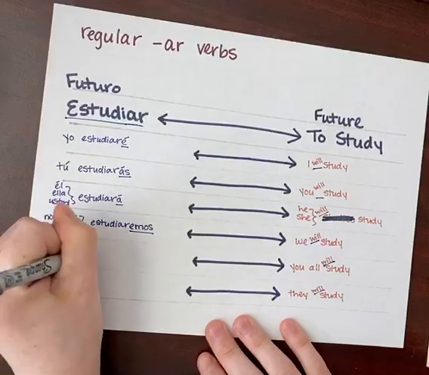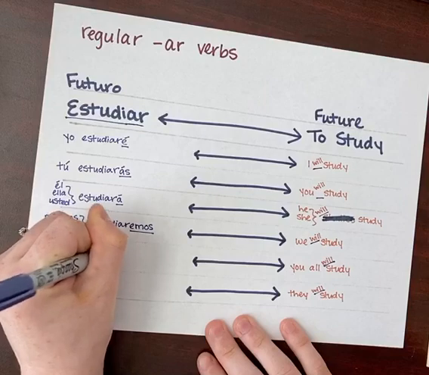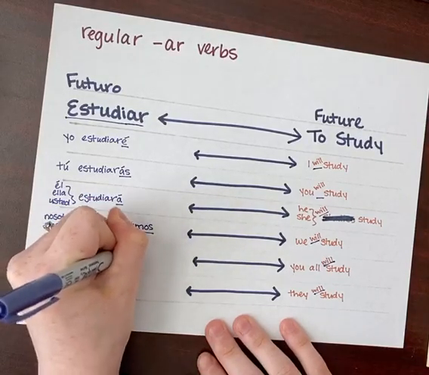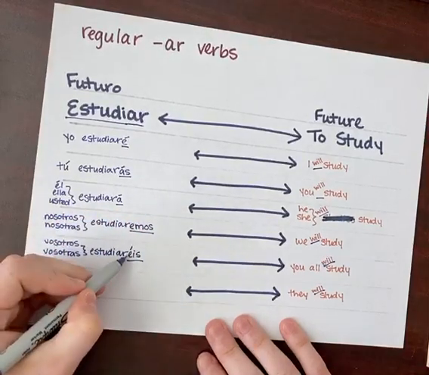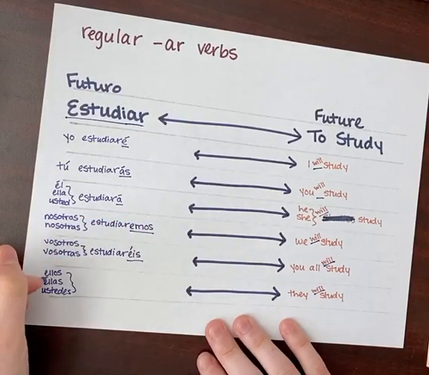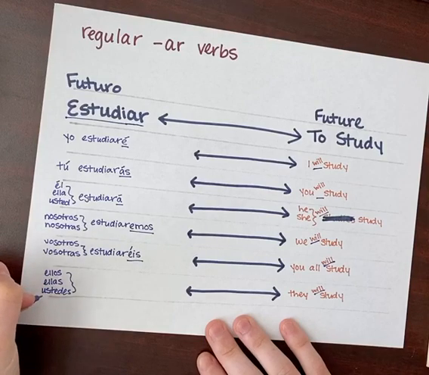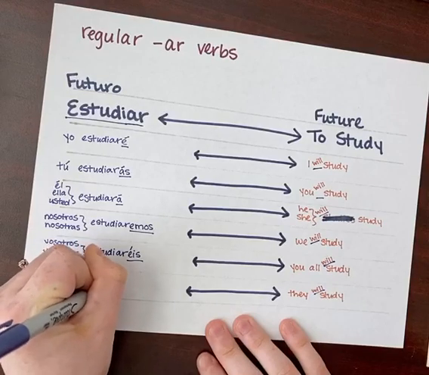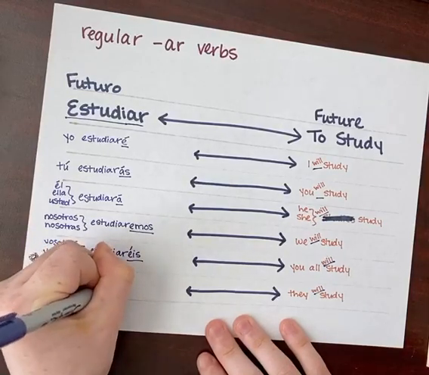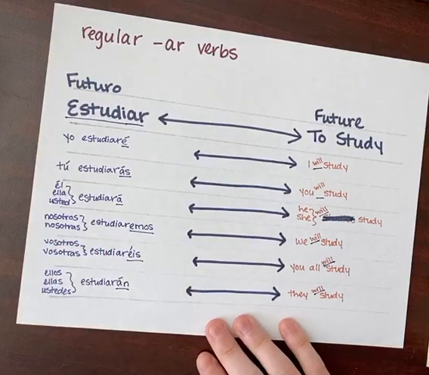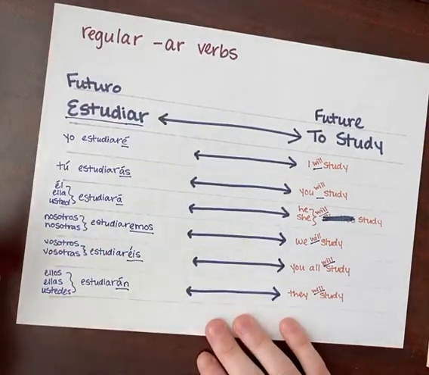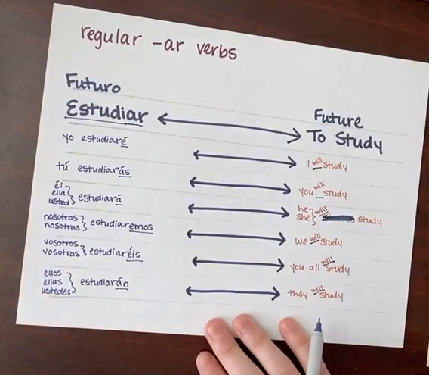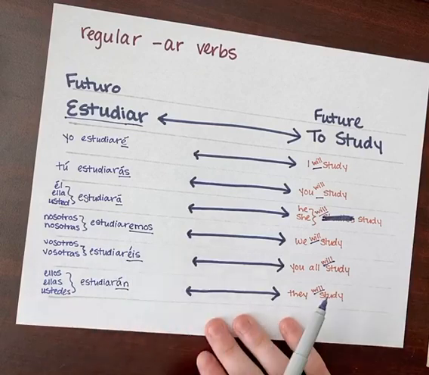So then vosotros and vosotras, we're going to take the infinitive and then add an accented EIS. Finally, ellos, ellas, ustedes, infinitive, accented AN. So now we have the regular AR verb conjugations for the future, and just looking between the two,